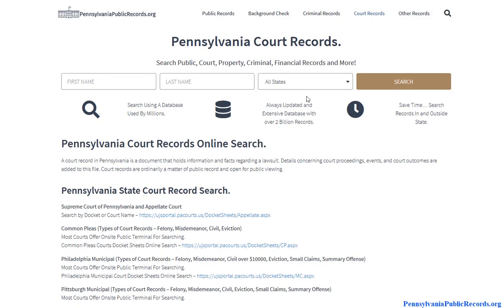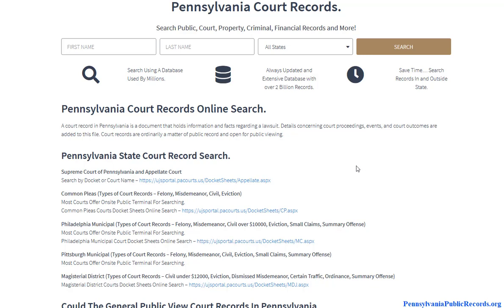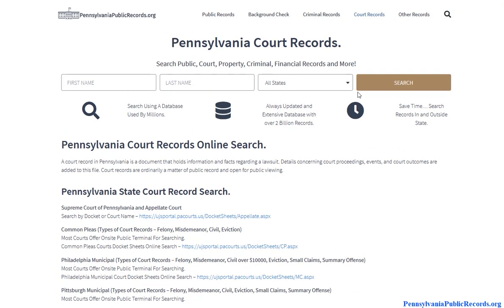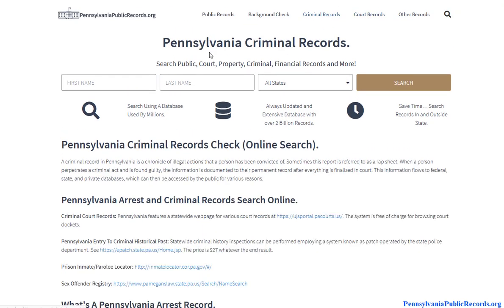So this tab could potentially also be useful to you. We have on the courts page here broken down the different types of courts you have within the state of Pennsylvania and the different types of cases each of these courts will work on, and a description of how to locate this information. So again, you have plenty of public databases out there available, just depending on what type of criminal or arrest